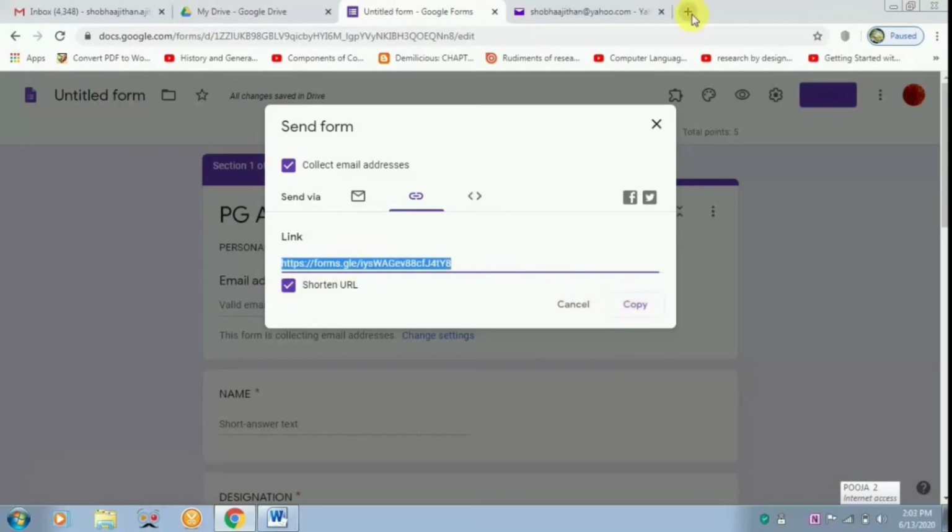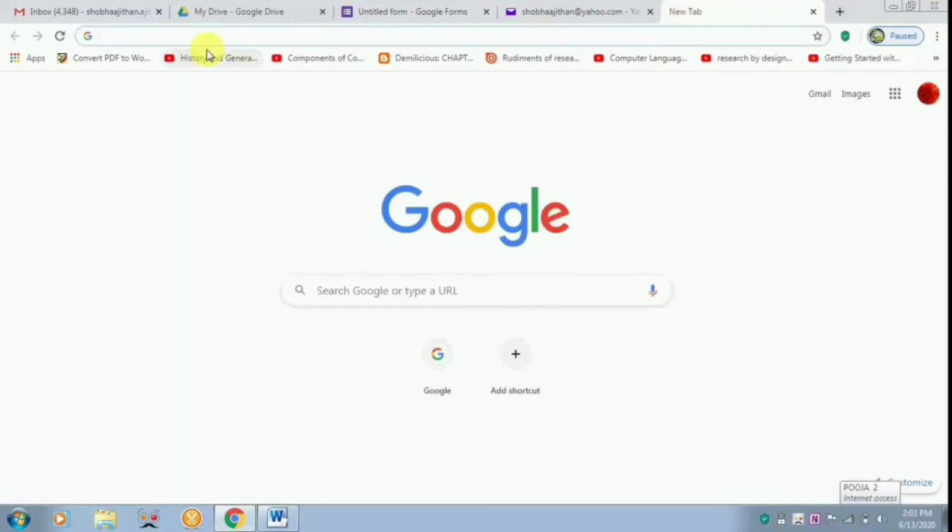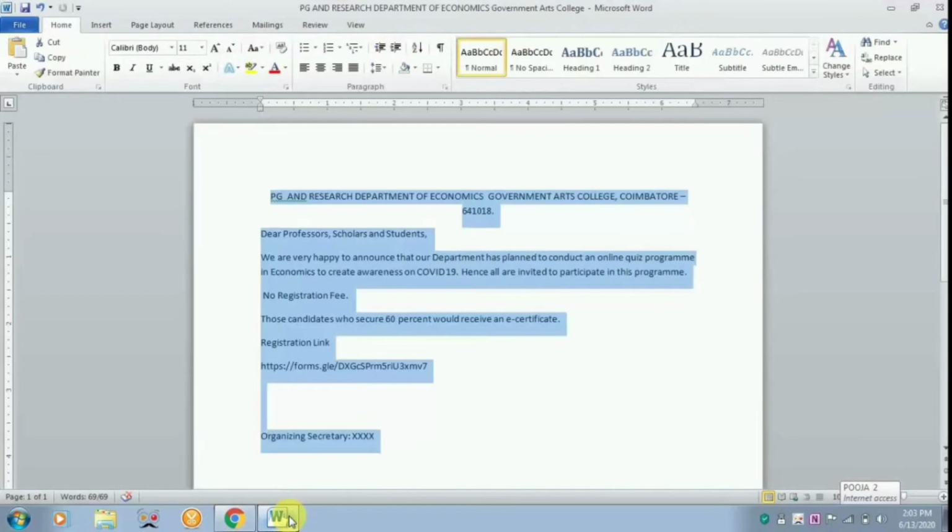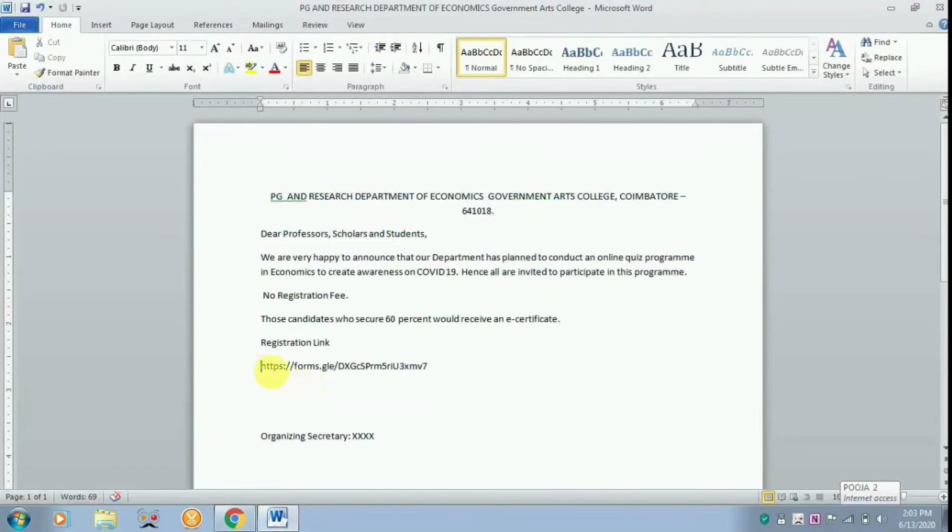By then I'll open my web WhatsApp. And before that, now we have to type all the required things, like what should be the link and everything. That has to be the link which I copied. I'm pasting it under registration link. Then you have to address all in this format, like dear professor, scholar and so on.